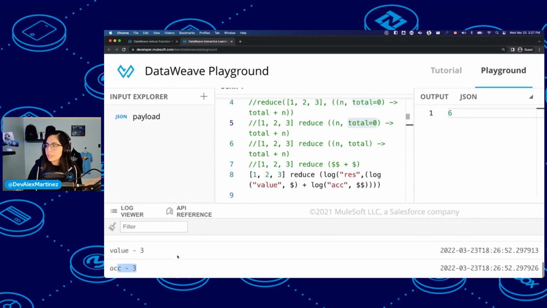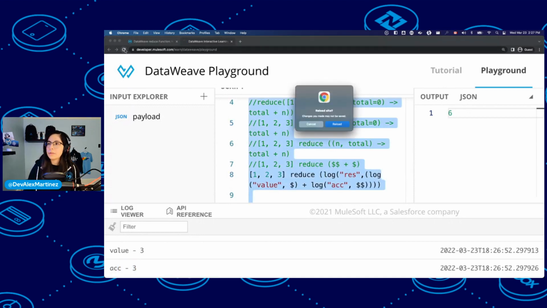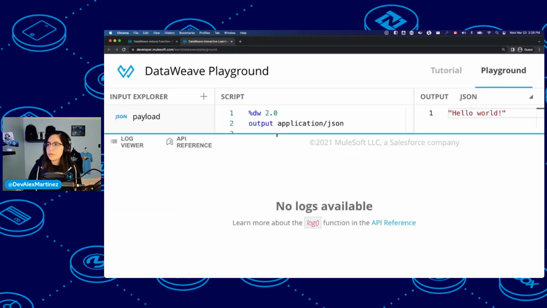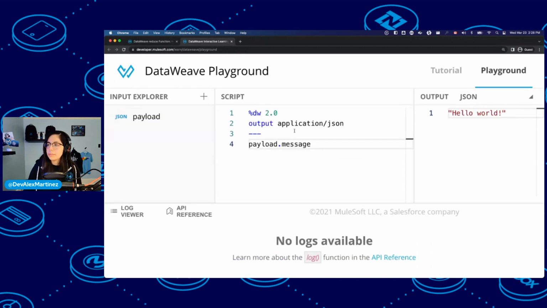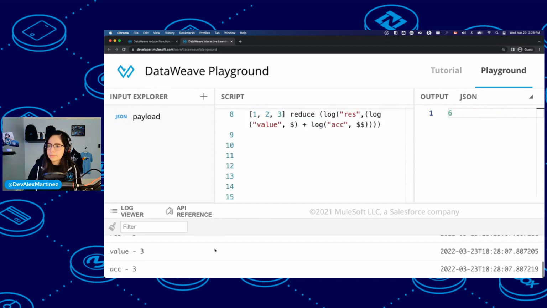Oh, because it just gives the results? Or am I just not being able to see this? Sometimes it behaves weird when you have a zoom for your screen. Oh no, that's it. All right, so yes, it just does the final thing, which is value 3, accumulator 3, and